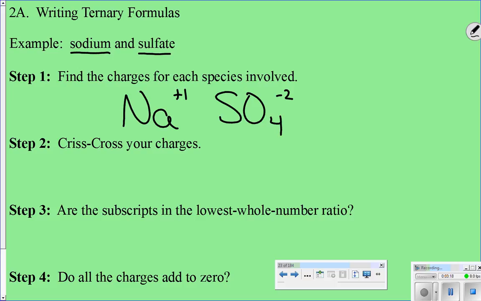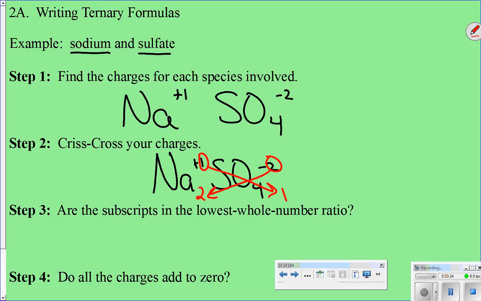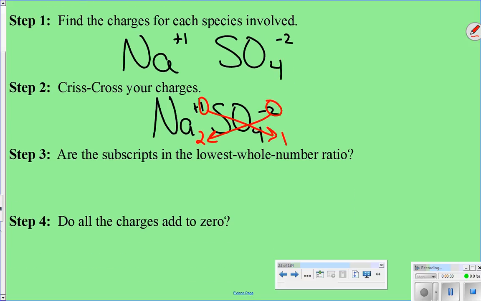I know it's written on there as 2 minus. I just write it as -2. It's just what I do. It doesn't make any difference. Now you're going to go ahead, do +1 and your -2, and we're going to crisscross just like we did yesterday. So you take this 1 and this 2, bring down the 1, bring down the 2. Now when we bring down that 1, that just means we're using one group of the SO4, so we don't actually need to write that 1, but we are going to write the 2 with sodium. So this is going to be Na2